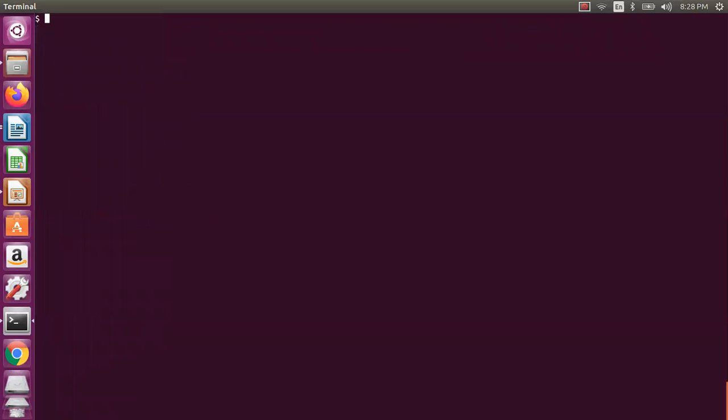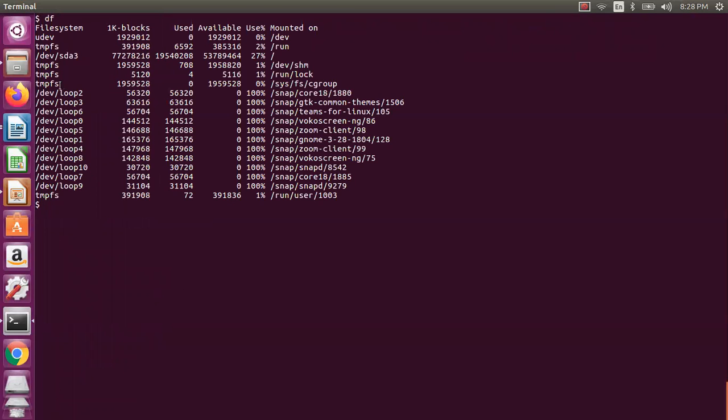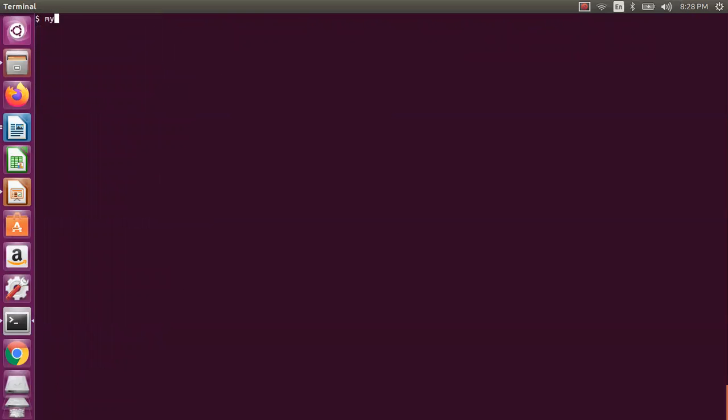Now let us check on the block special and character special files. So if I say /dev, whatever the disk free space I have, let us take this one, /dev/sda3 actually, my drive. If I say ls -l /dev/sda3, it is the block special actually. So now let us check whether it is block special or not. It should give, and if it gives a surprising result, then it will be an issue. Now yes, my drive is a block device actually.